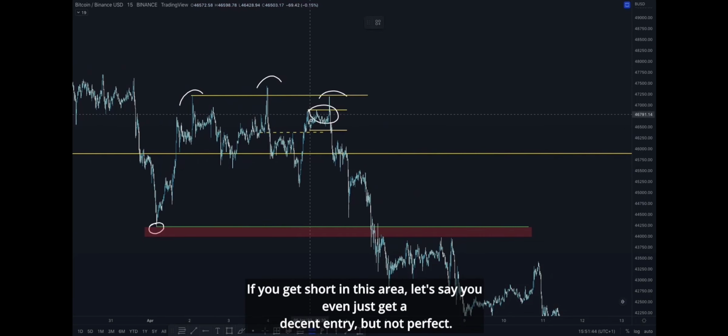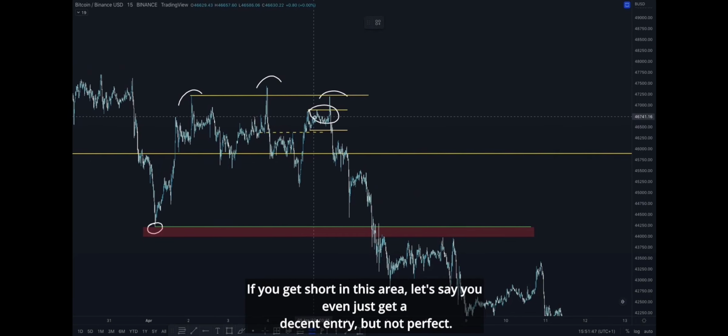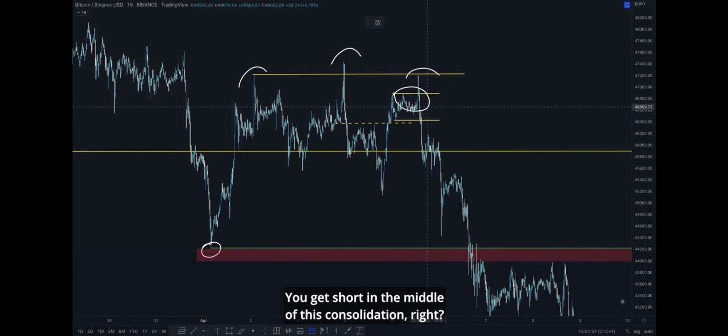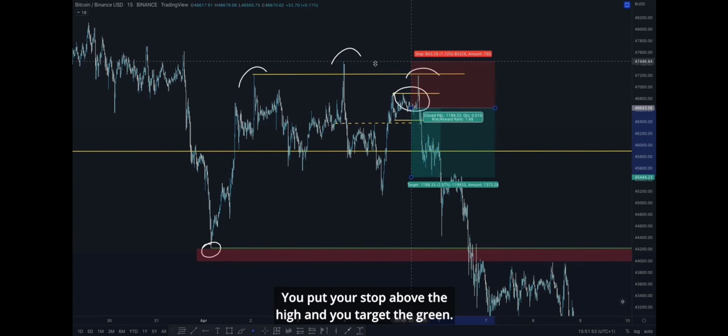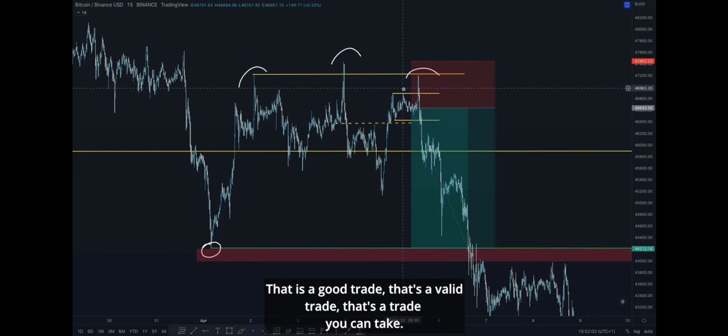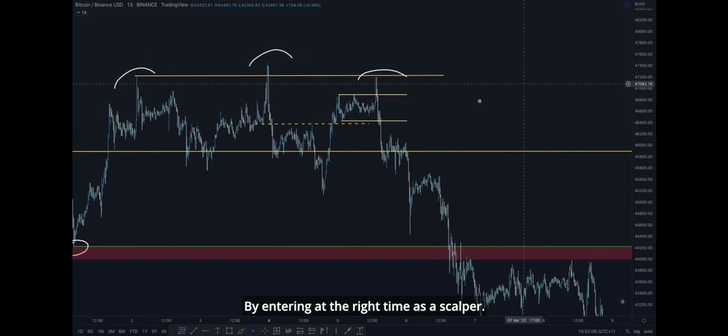Then you're looking at risk to reward. If you get short in this area, let's say you even just get a decent entry but not perfect, you get short in the middle of this consolidation, right bang there, you put your stop above the high and you target the green. There's a 3-to-1 risk to reward. That is a good trade. That's a valid trade. That's a trade you can take. By entering at the right time as a